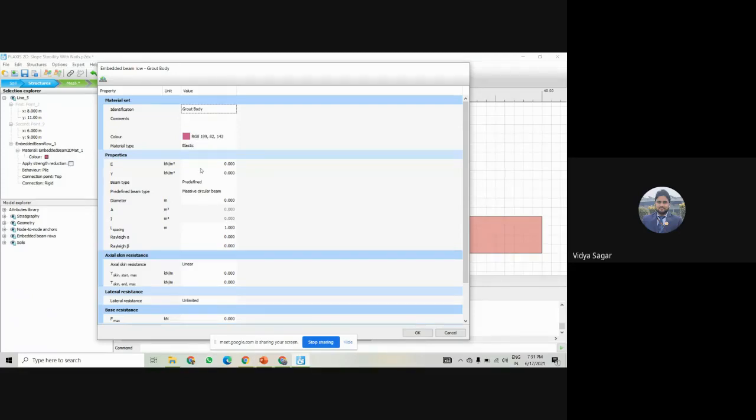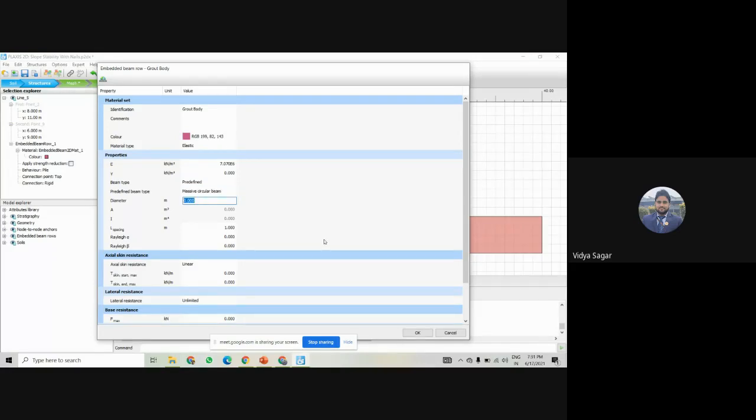The properties for this will be the stiffness 7.07. This is again I am taking from the manual. These readings or properties we can take from any literature. E6 gamma will be 0 here, and this is predefined massive diameter.